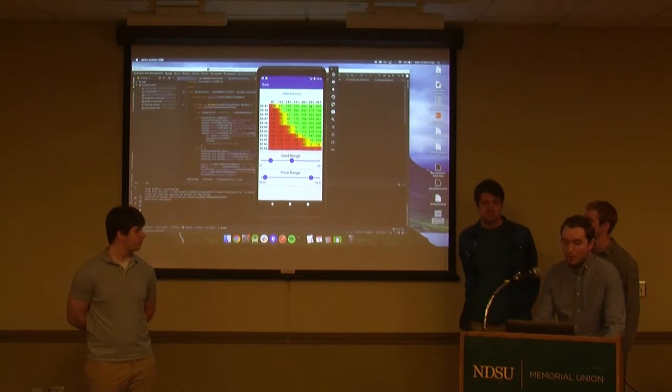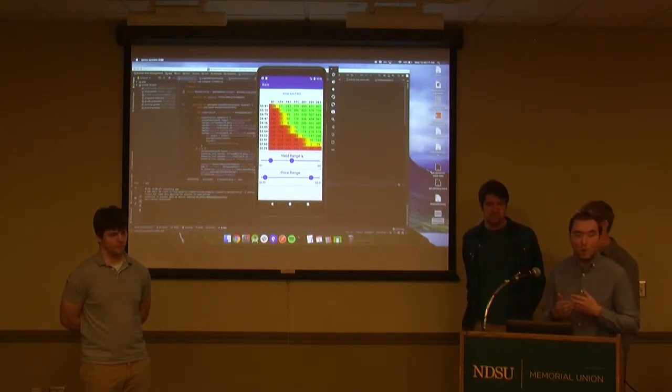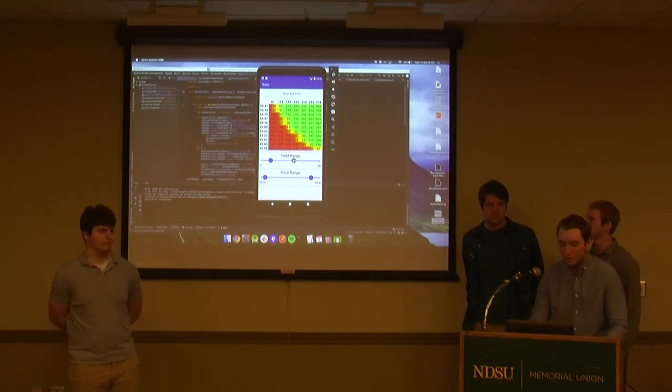Then we also have the edit range. So this is used to widen the range so that you don't have to go back through every time and update stuff if you don't want to. You can just quickly do it here. So if you need to increase and see what your profit loss scenarios would be if you had a larger yield, you would use this one to increase it to maybe like